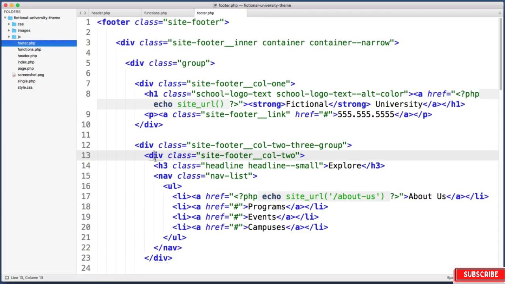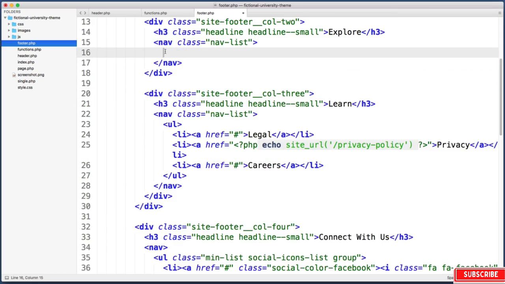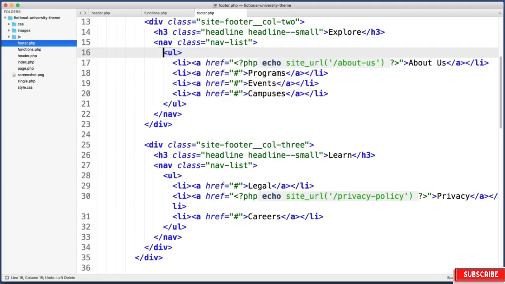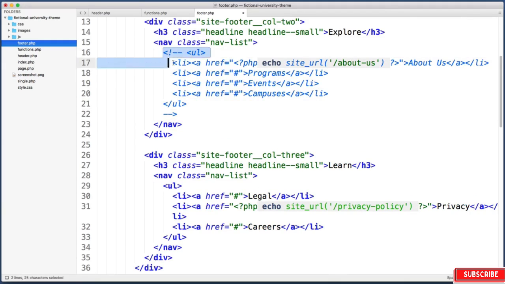So for this first one we could just delete this unordered list. You're free to do that. But in my case I'm just going to comment it out instead temporarily to show you how this works. But at the end of the day for this particular project, I want to stick with the hard-coded menus. But back to the task at hand, whether you delete this unordered list or just comment it out temporarily,